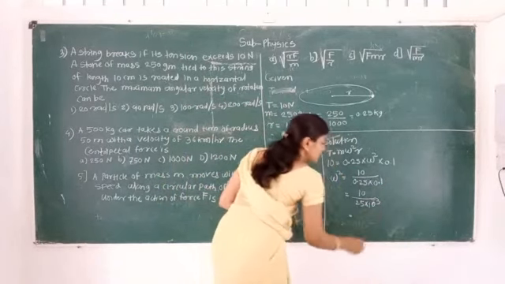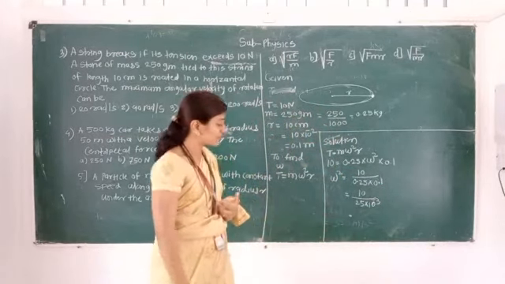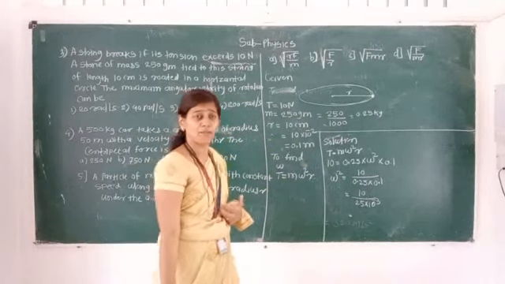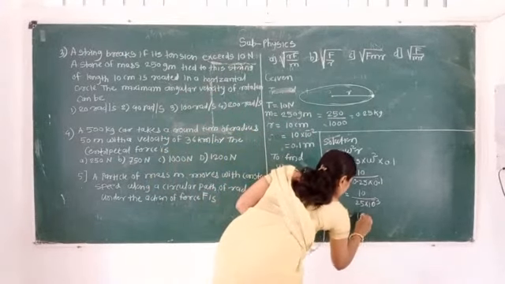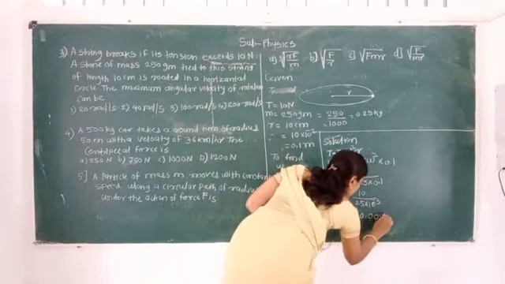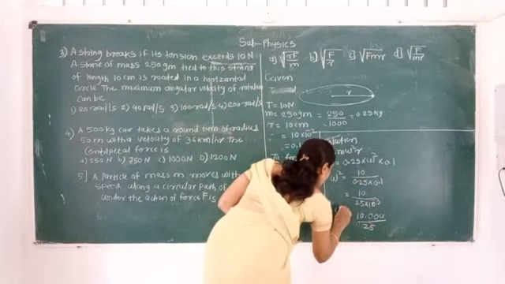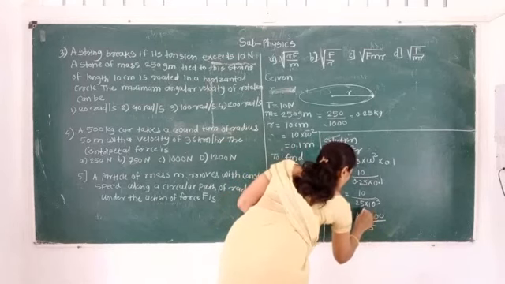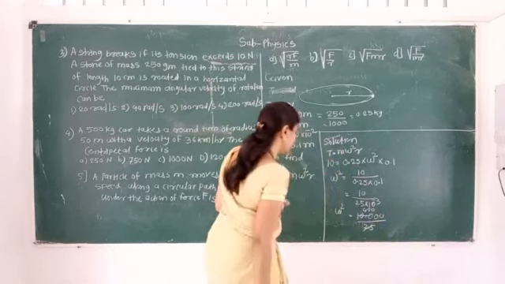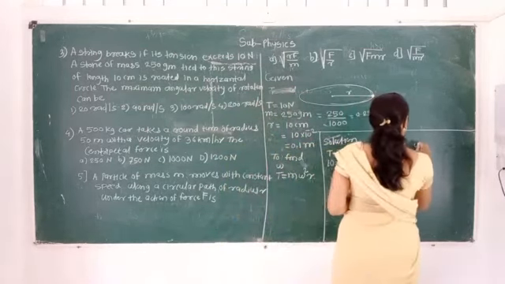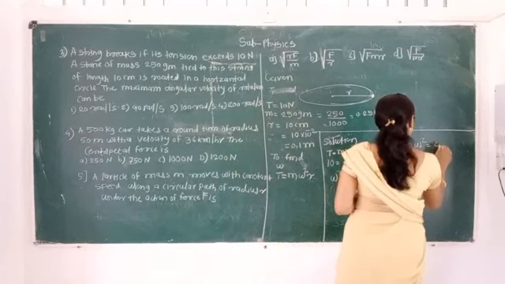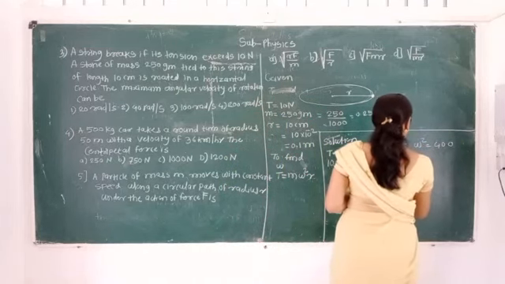When 10 raised to minus 3 goes to the numerator, it will become plus. So 10 into 10 cubed divided by 25. By solving that, here we will get 4. 25 fours are 100. Therefore, omega square is equal to 400. Therefore, omega is